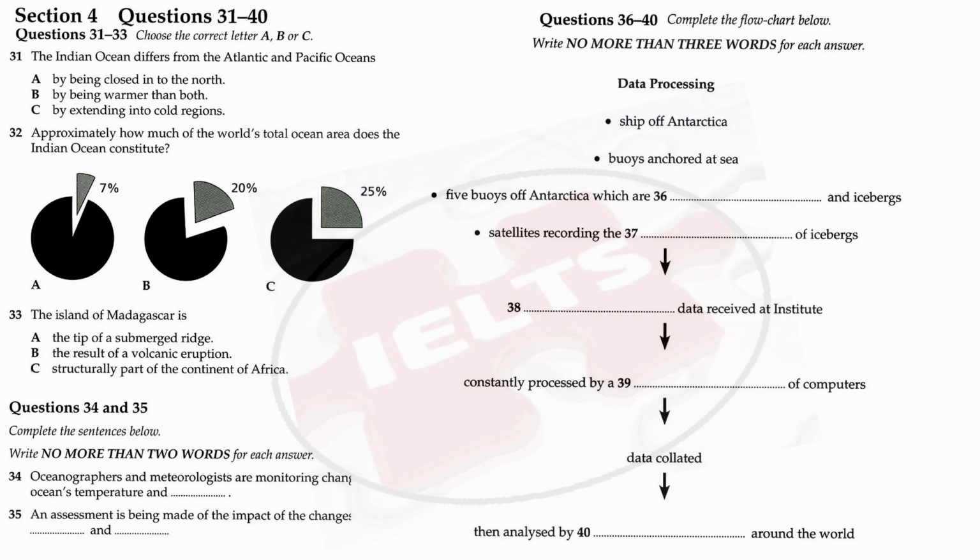Once the data have been collated, the next step in the process is the analysis by experts here and at centres around the world, looking for even the slightest shift in patterns of temperature, wind, and sea levels. In the light of the fact that this is a global enterprise, the Institute is staffed 24 hours a day with researchers working in shifts, and we are in constant contact with centres all around the world. In total, 900 experts from around the globe are involved in the programme.